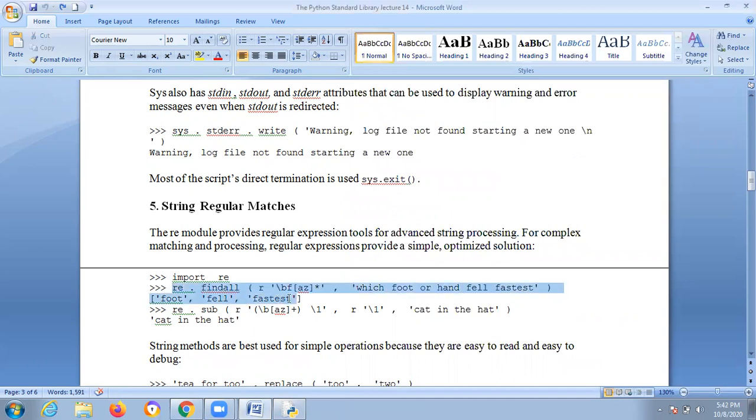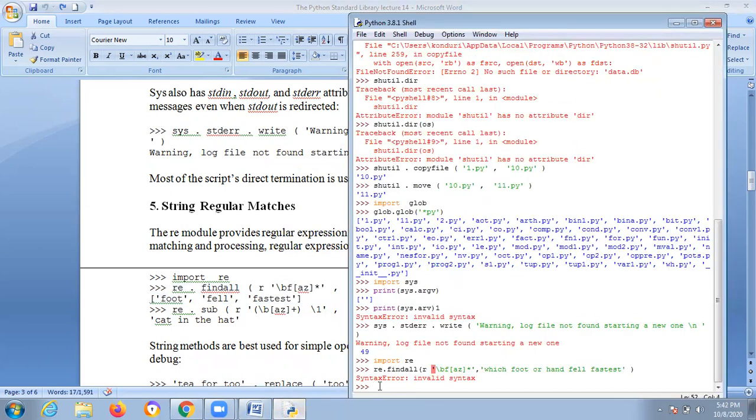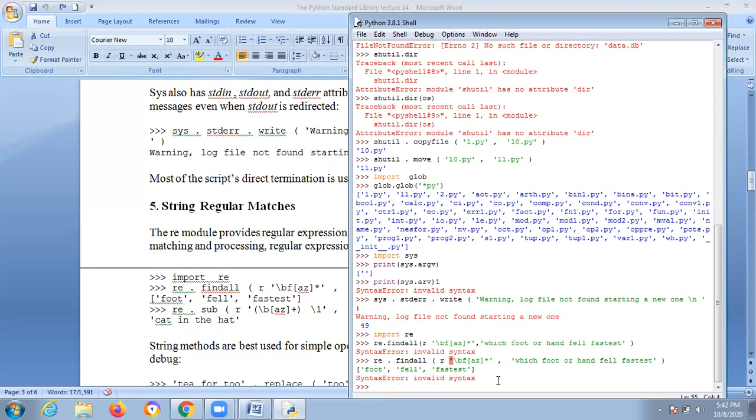Still you didn't finish. Once again I'll type this program: re.findall, with single quotes like this, you'll type everything like this and print, enter. So okay, no problem.